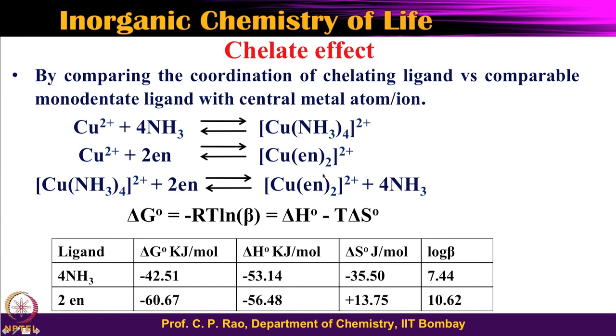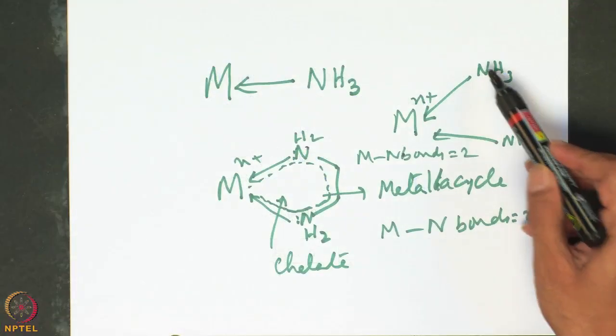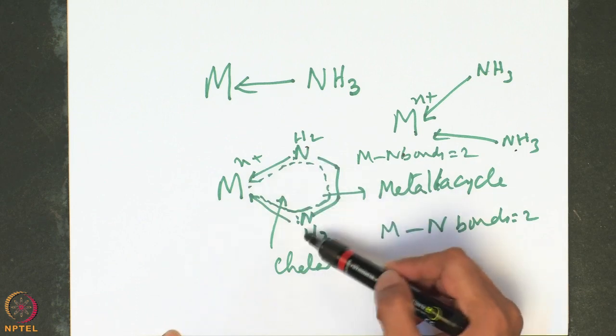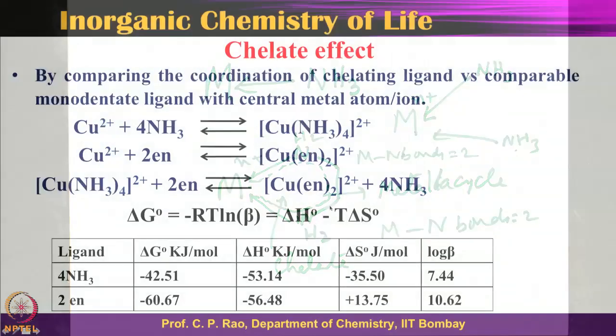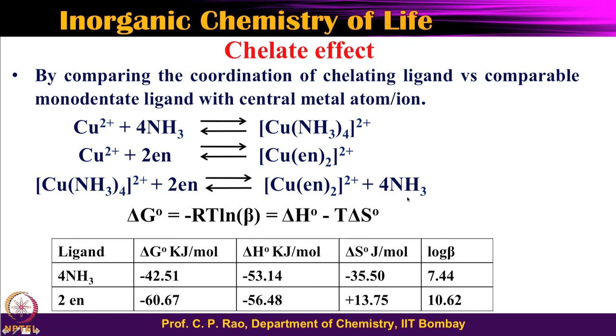Because there are 2 bonds of the M-N here as well as here, you do not have any significant difference in the delta H, but there is a significant difference in the delta G, because of the difference in the delta S. So, you are going from 3 particles to 5 particles. If you study some physical chemistry, statistical thermodynamics will help you understand this, but right now take it for granted that 5 particles are generated out of 3 particles, which means 2 particles are extra, that means they are in random motion. Therefore, they will contribute to positive entropy.